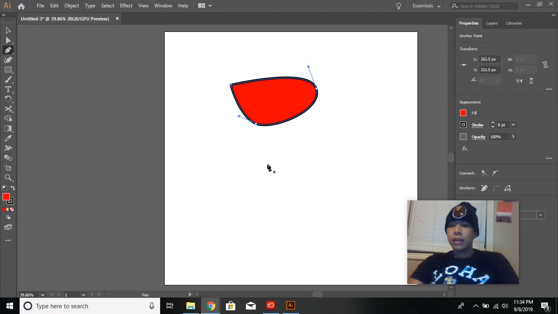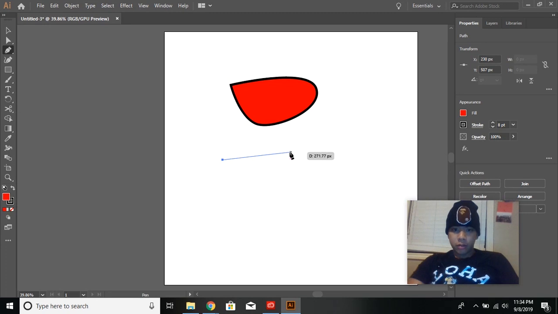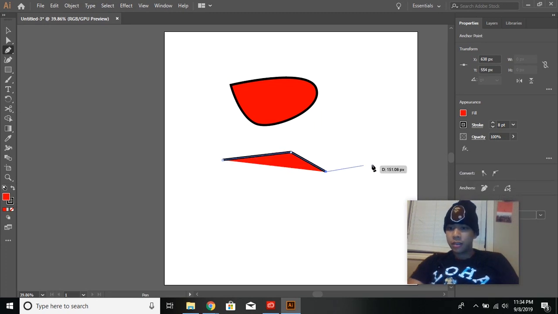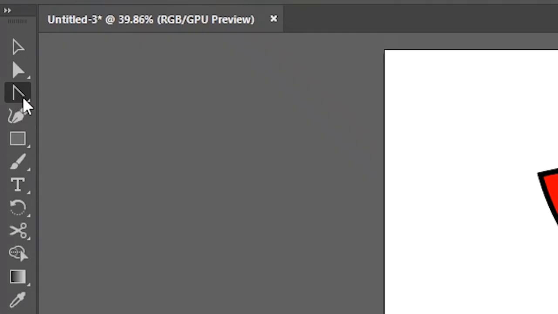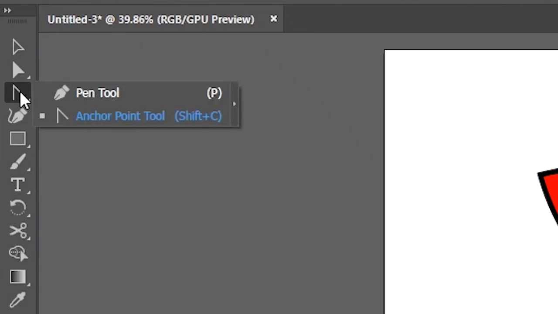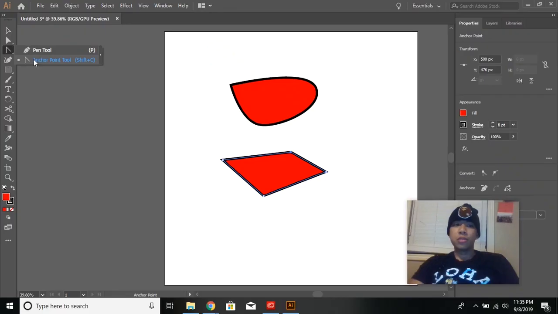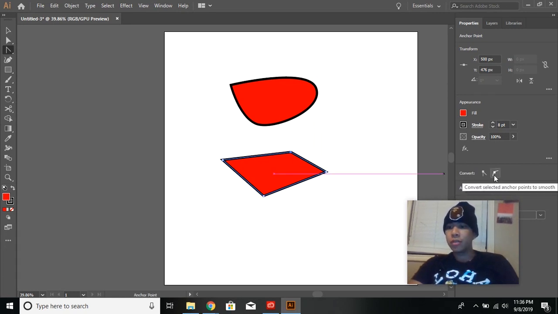So the pen tool is even more powerful in Illustrator. You can create different types of shapes, right, like this, different types of lines, and you could even convert those points into either hard angles or curve points. So to do that, we need to select a point in one of our shapes using the anchor point tool, right? And of course, again, some tools are hidden under other tools. This one's hidden under the pen tool, so we're going to select that. We're going to select one point in the shape, and now we can convert it to a smooth point, just like that, or we can convert it back to a hard point,